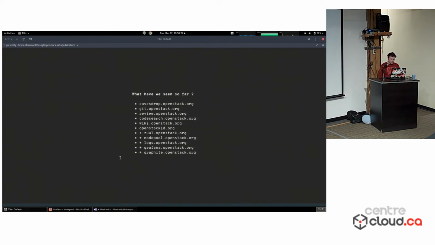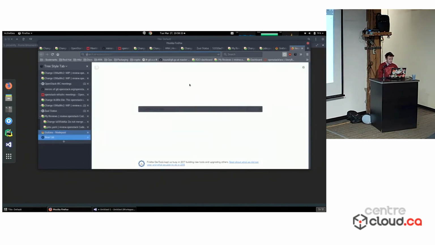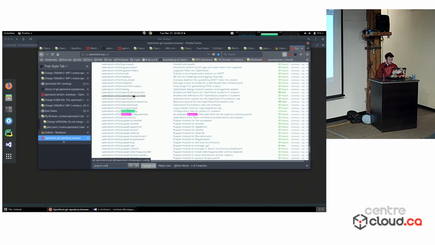Okay, so that's an excellent question. How do we version control our Grafana graphs? I will be happy to share with you how we do that. So I will go here, and then